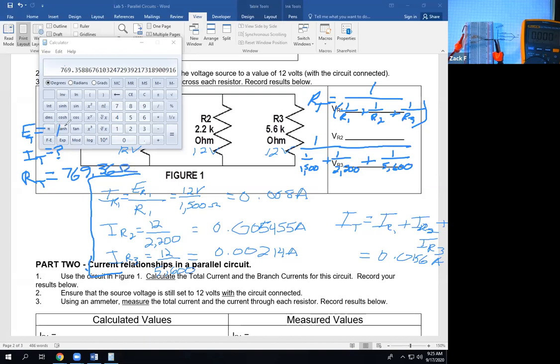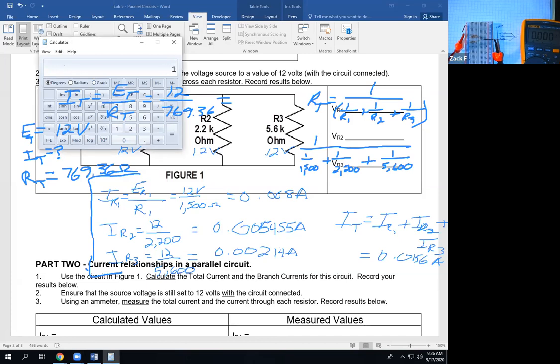So we got 12 volts. What should I be? E over R. E total divided by R total, just Ohm's law, equals 12 divided by 769.36 equals. I think we're going to get about 15.6 milliamps. Yep. Sure enough,